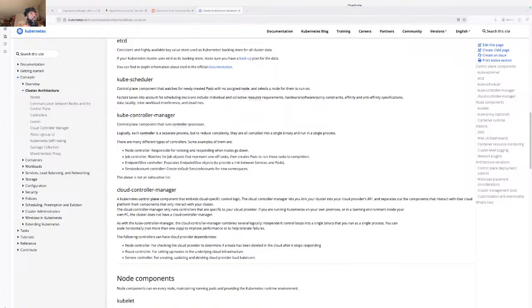So the cloud controller manager lets you link your cluster into your cloud provider API and separates out the components that interact with your cluster, right? It's pretty much just a way to pull out the logic that's cloud specific.